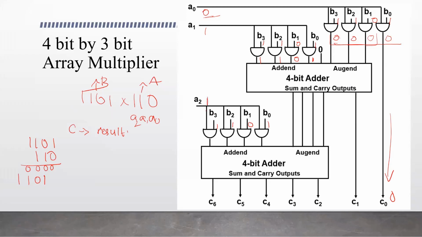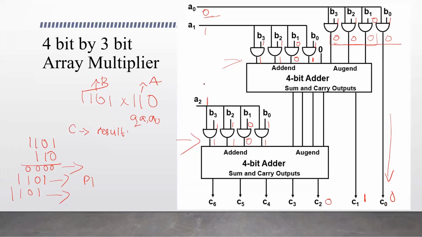When A2 is 1, multiplied with B0, it gives us 1. 1 and 0 is 0, 1, 1. That is our third row here, 1, 0, 1, 1. The first row is 0, 0, 0, 0, and then 1, 1, 0, 0, and 1, 1, 0, 1, the result of these gates. So the result we get would be this: 0 and 1 are added, so we get 1 as C1, and then 0 and 0 are added.